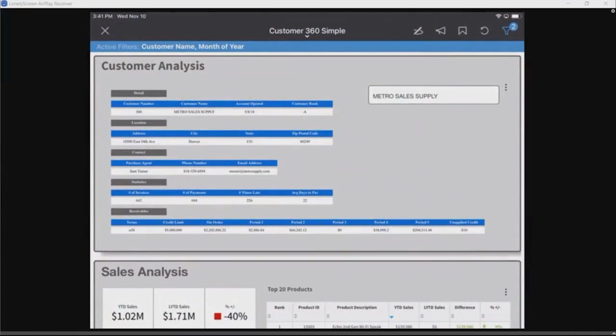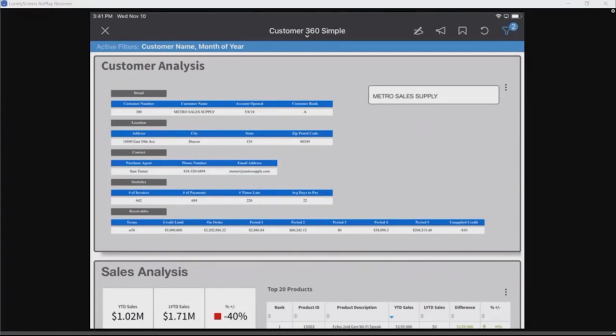So here I am actually on my tablet, or could be a mobile device, where I'm looking at the different mobile Infor applications that are available for download out in the App Store. And in the upper left-hand corner, you can see one of those applications is Infor Burst or Infor Analytics. If I go into that, I actually have access to any of the reports or dashboards that I can either access or have created through a desktop version or my laptop. So quick and easy access to any of those metrics or reports that I might need while I'm out on